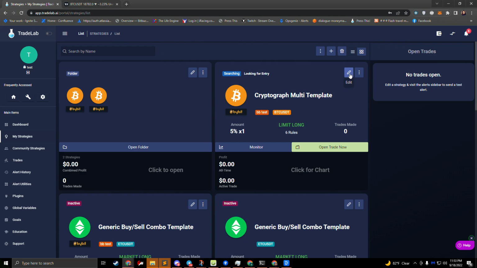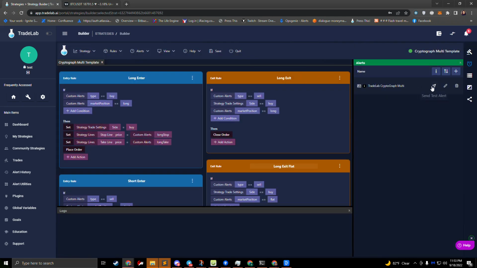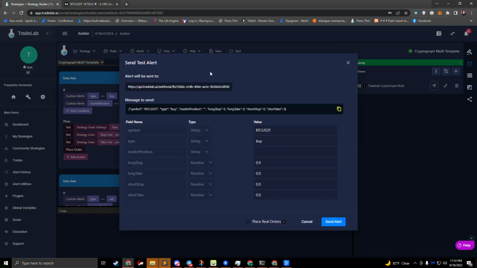If we click the edit button and we go over to the alerts panel, we can click the send test alert button. This will pop up our send test alert, and for the CryptoGraph strategy, we have to make sure that we put in the correct information. So for this type field, we would type in,